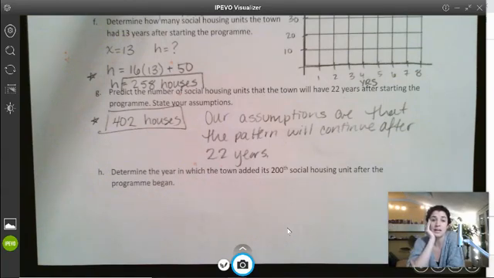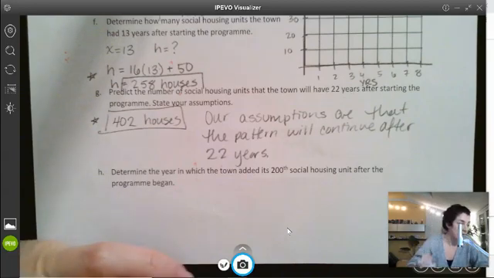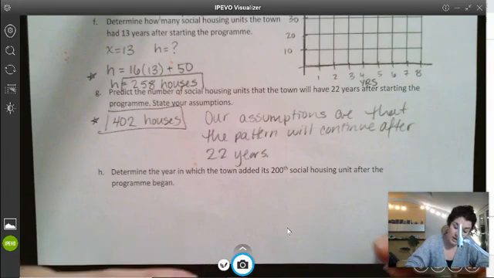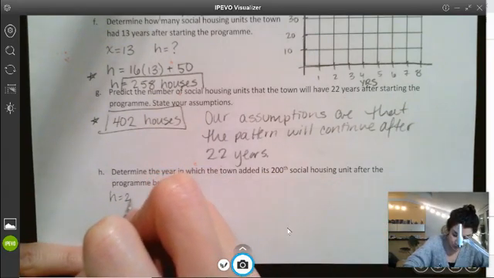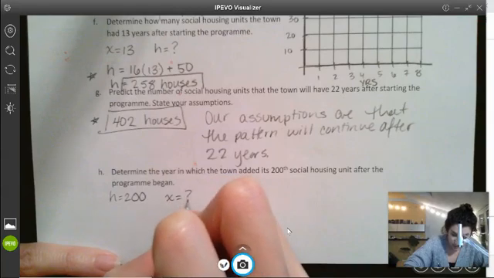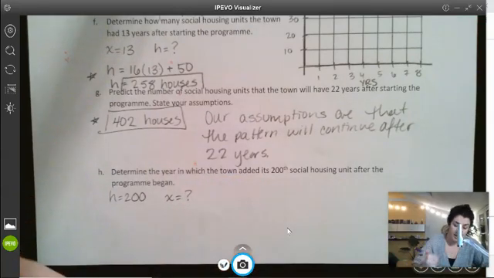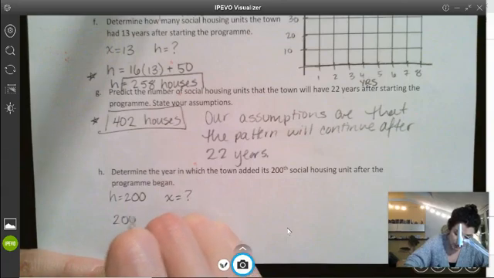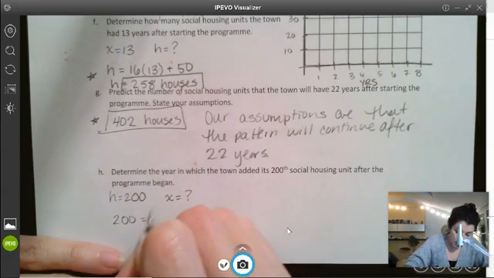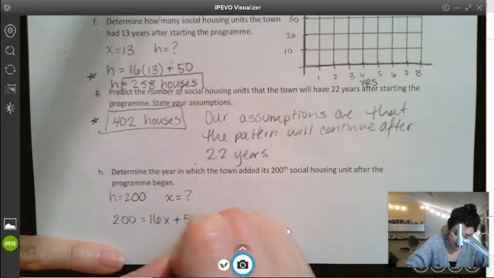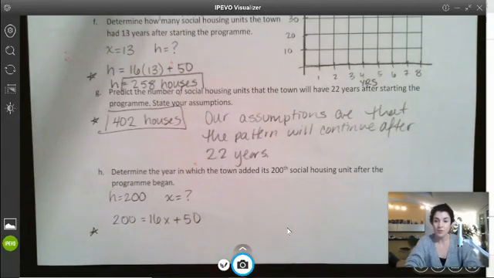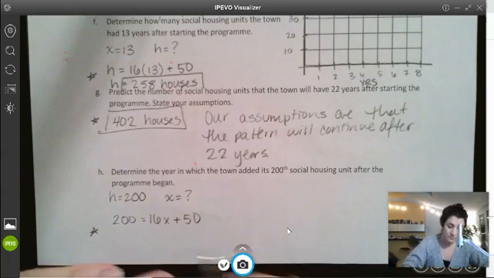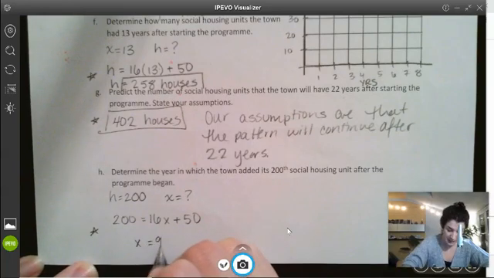Determine the year in which the town added its 200th social housing unit after the program began. So the 200th social housing unit means that we are trying to find when H equals 200, what does X equal? What is the time? So what we want to do is set our original equation equal to 200. Go ahead and solve for X. You should have gotten that X equals